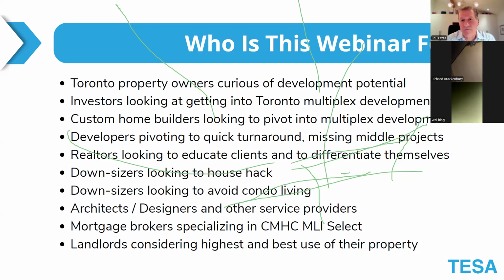Well, it could mean converting your basement that you are no longer using into a legal basement apartment. It could mean putting an ADU, an accessory dwelling unit, at the back of the property. It could just be as simple as Airbnb. So we have people that are retiring and that are looking at ways to stay in their home in ways that in the past was not available. And now, because of Bill 23 and this MLI Select, are opening options.